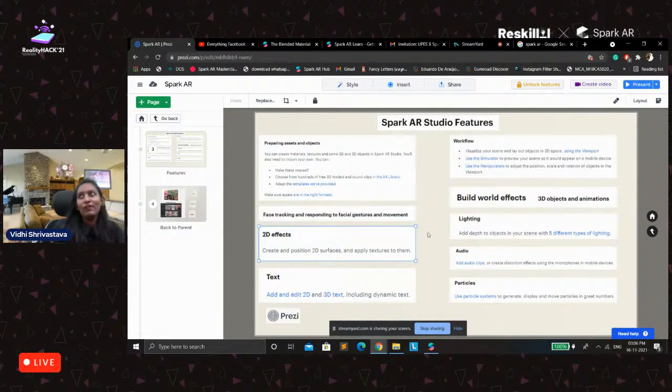All these are subparts, so it's not about knowing just Spark. You should be well aware of all this software too. You can even embed text in your filters. You would have seen filters that show the date or time.